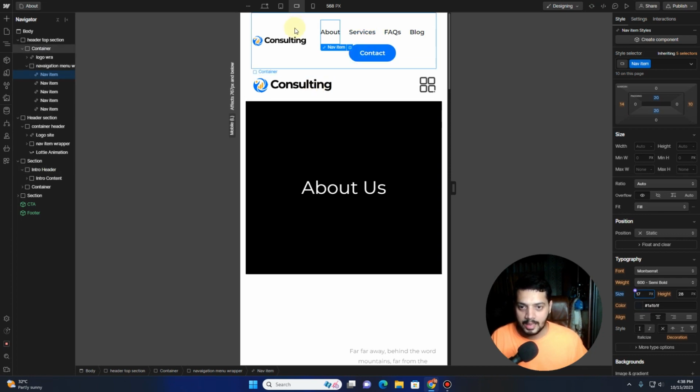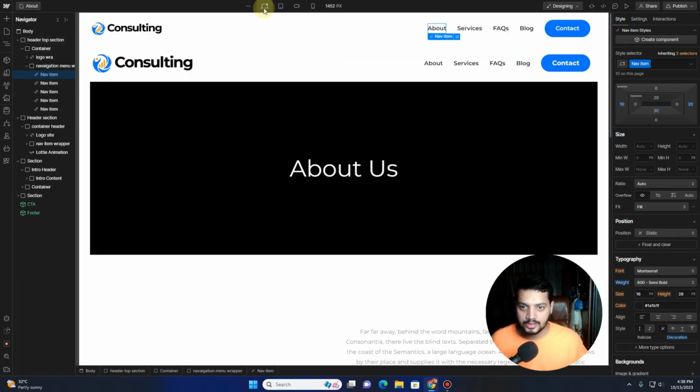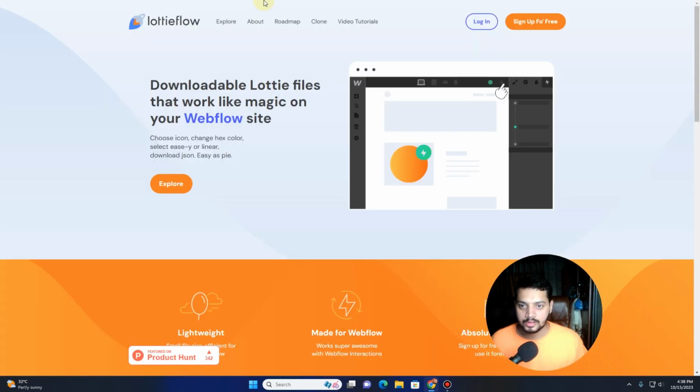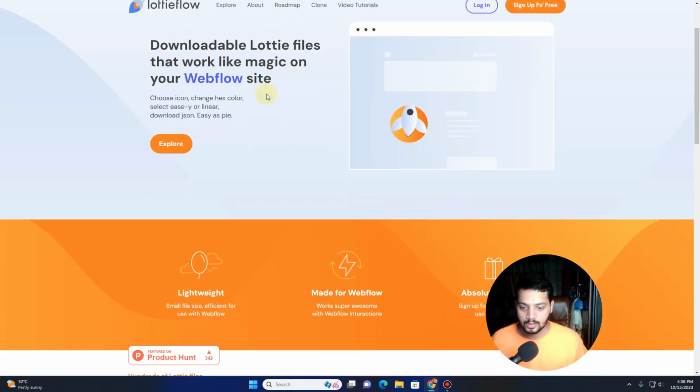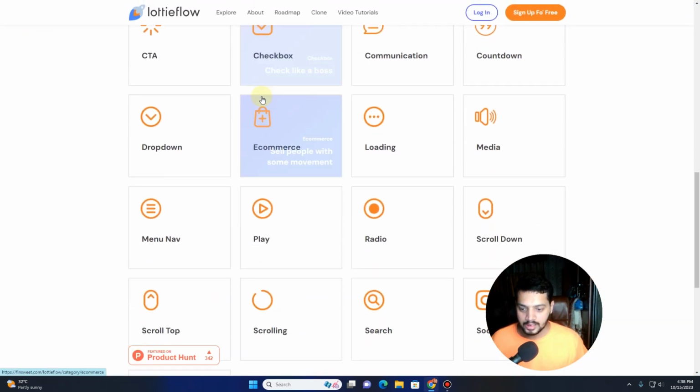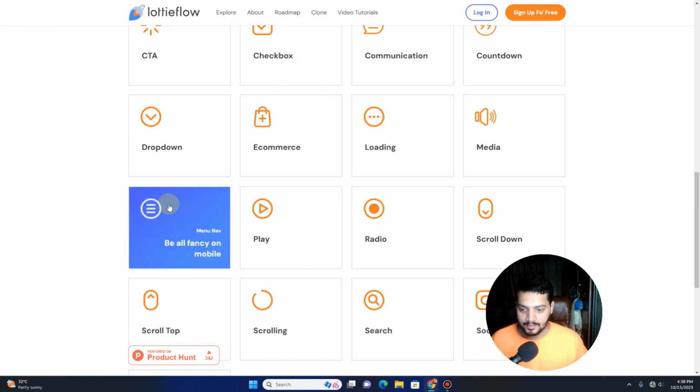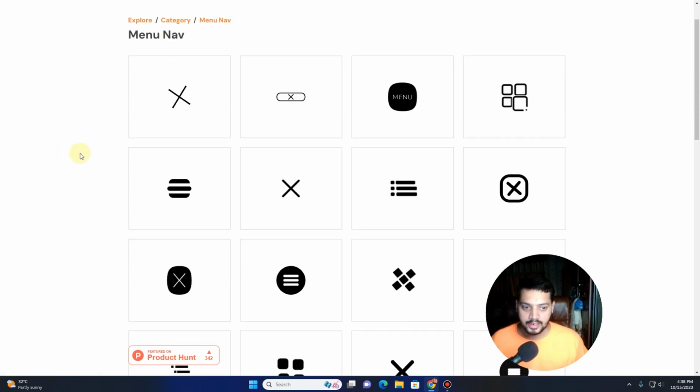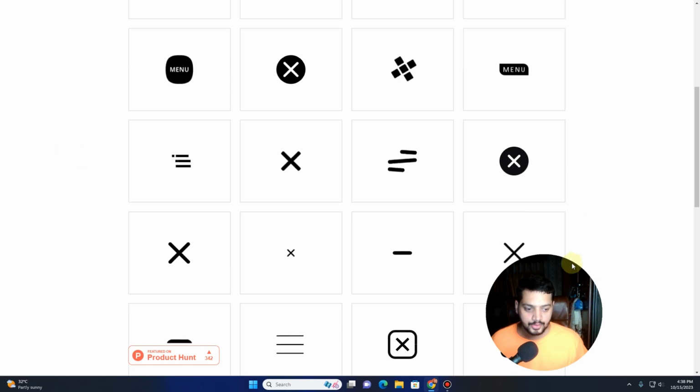So we need to add a hamburger in order to fix this problem. In order to add the hamburger, what you can do is go to a website called Lottie files. In the Lottie files, you can scroll down until you see this option, main nav. This website will get loaded, and here you will see a lot of Lottie files that you can use for